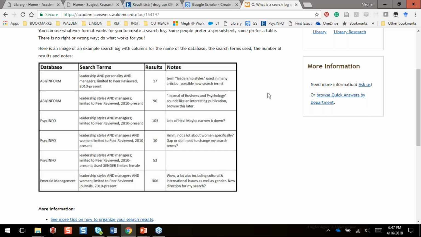Just open up Excel, type in database, search term, results, and notes, and that is it. A or is it 1? I think it's 1. This is A1. In that first line here, and then underneath it, just start filling in what you're doing as you're going along and doing your searches. Now, I'm sure this group is probably well into research right now, but do this at your earliest opportunity